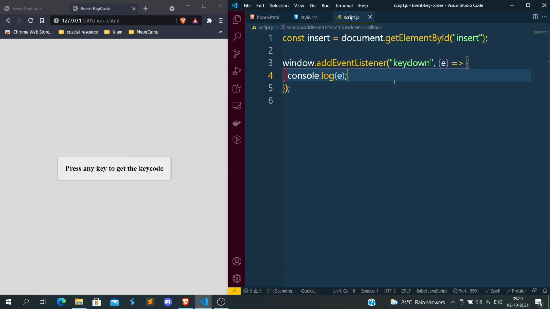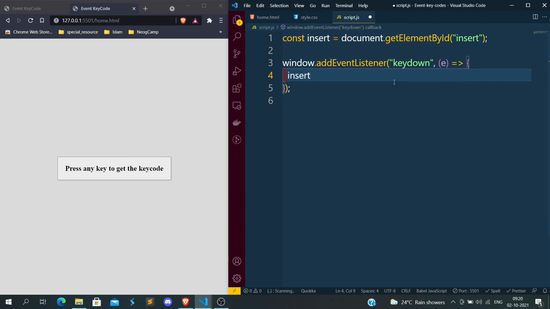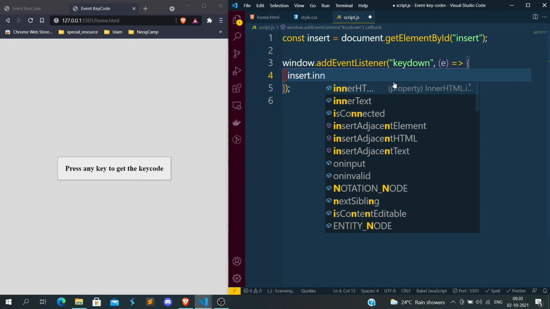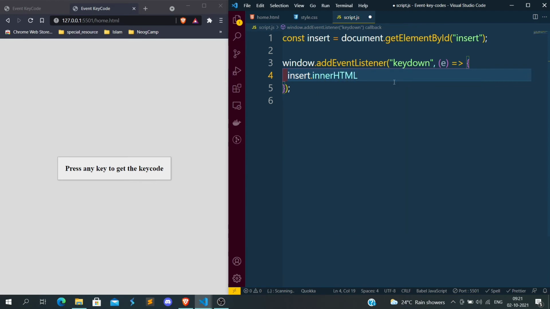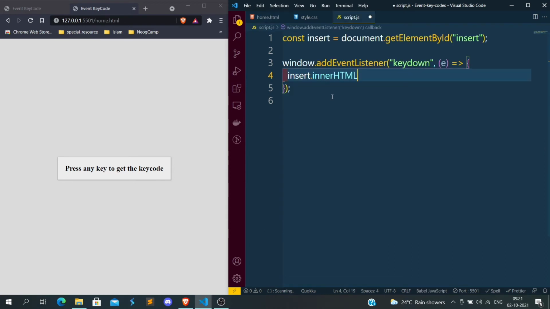So we can just utilize those things and we can show on to the UI. Okay. So let's take an insert because I want to insert inside this div. Correct. So inside this div I want to insert all these things. So we have this div insert, and I want to insert all my HTML here when the user clicks on any button. Okay, so that's what we are doing.